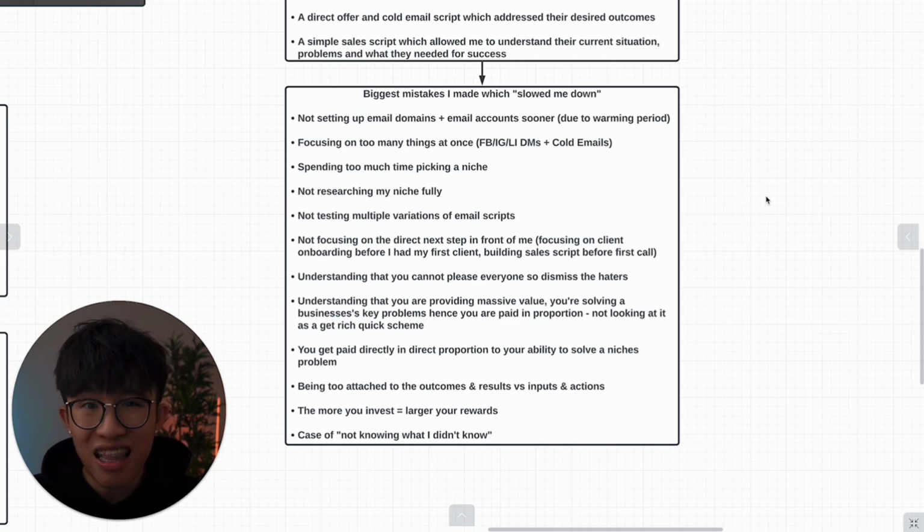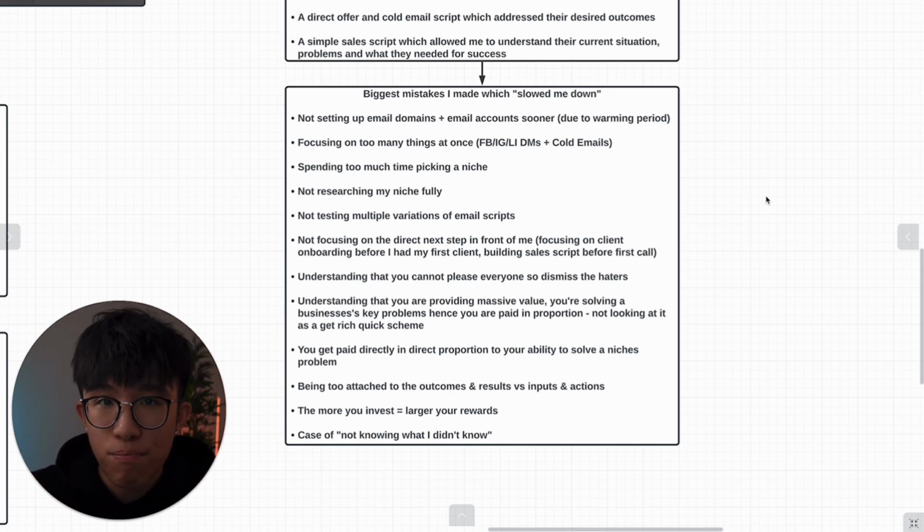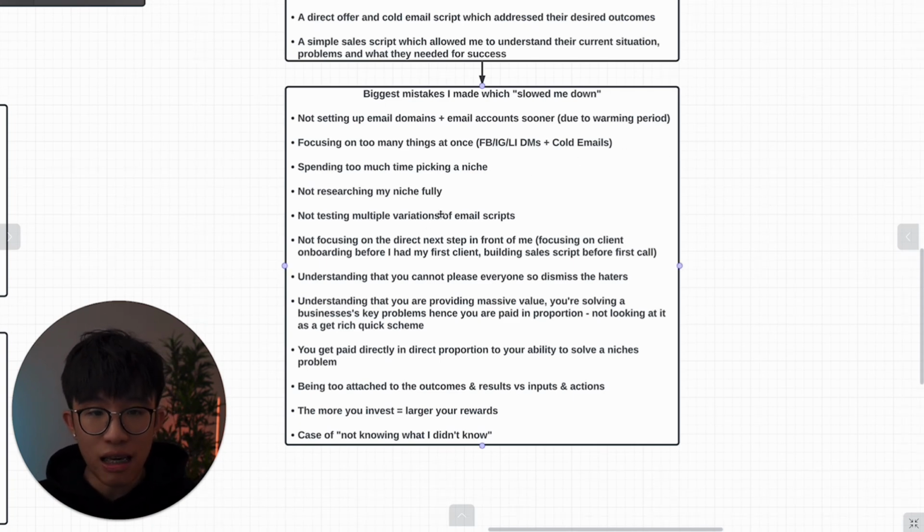But there were still a lot of things that even today, this version of me, this version of Jimmy, if I could go back, I probably think I would have gone from 0 to 10K in maybe 45 days, maybe 30 days even, because I understand exactly how this works. And there's a lot of things I would have done differently that at that time slowed me down. So for example, the very first thing was not setting up email domains and email accounts sooner